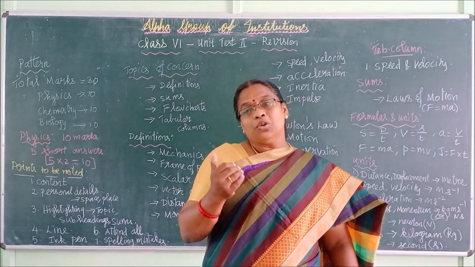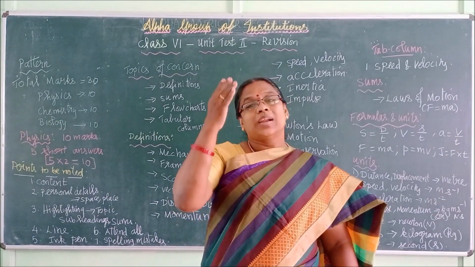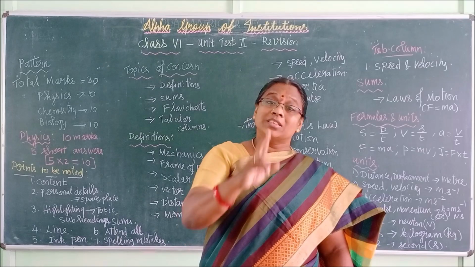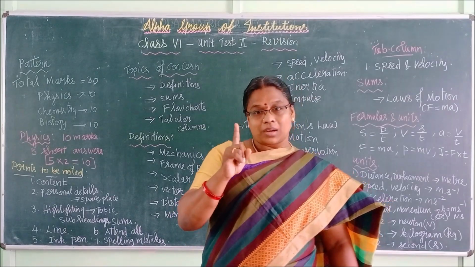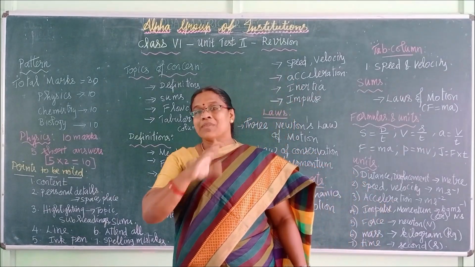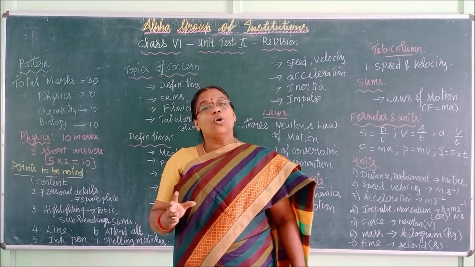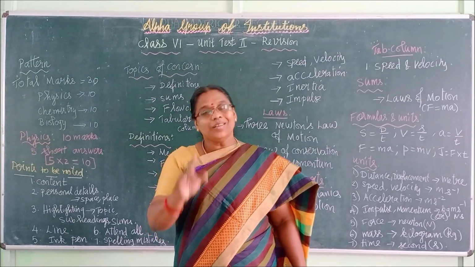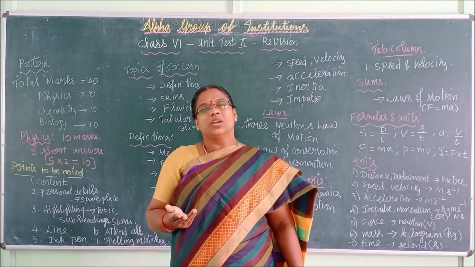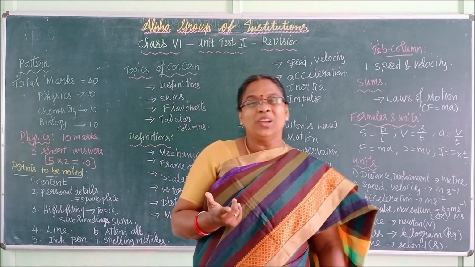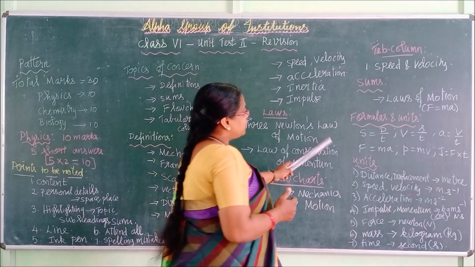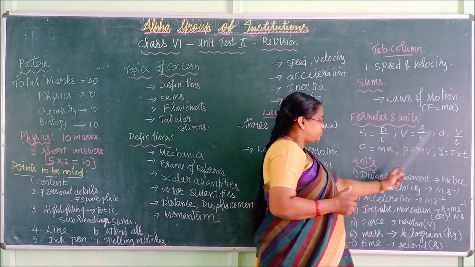Even when you don't do the sum, writing the given and writing the formula itself will give you 1 mark. Without doing the sum, you can get half of the marks. So write that at least if you don't know or don't want to do it. Better do the sum. It's very simple now, children, just multiplication and division. Why leave it? Next one, we have formulas and units.